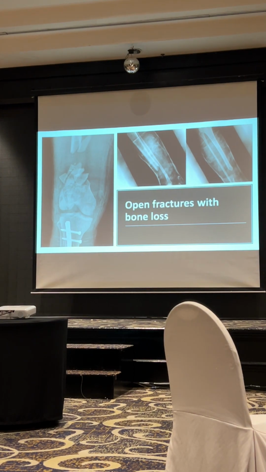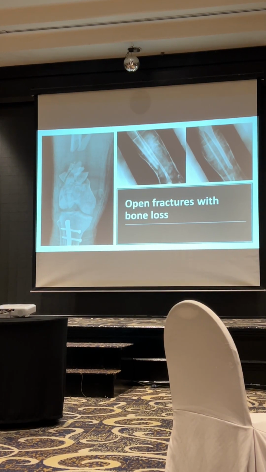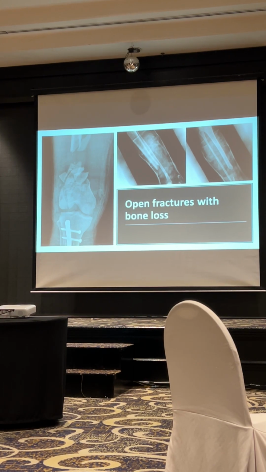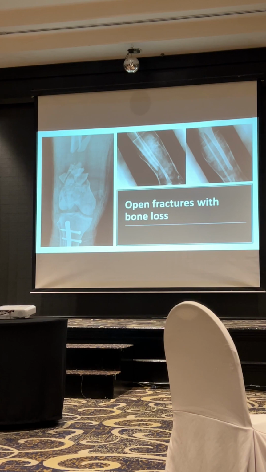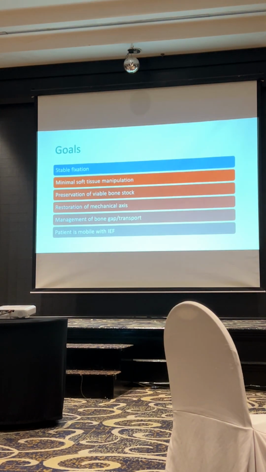Next is the condition of open fracture with bone loss. You can see a severely fragmented distal femur. I want to show you the thought process actually. You can see a severely comminuted distal femur, a bone gap, and most likely there will be some soft tissue injury as well. So with this kind of injury pattern, if you fix an Elizarov, the goal